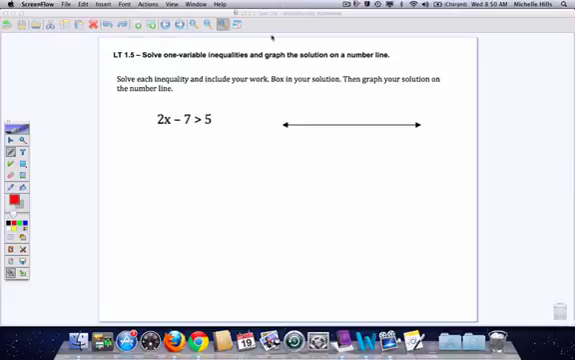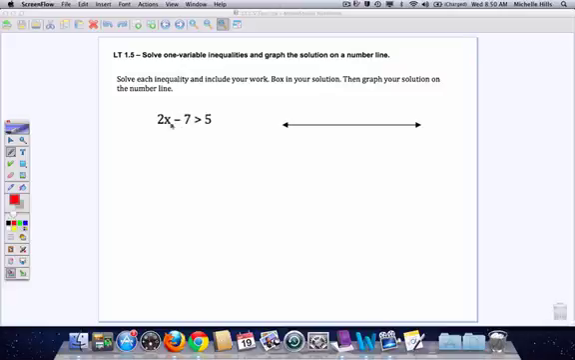So now we're going to look at Learning Target 1.5 from the Unit 1 test. When I'm solving an inequality, I do the same steps as solving an equation with one exception. If I multiply or divide both sides of the inequality by the same negative number, I have to reverse the inequality symbol. So if this were the equation 2x minus 7 equals 5, the first thing I would do is